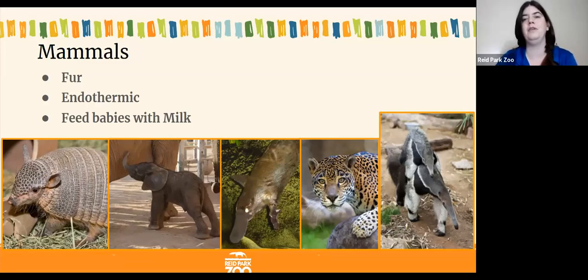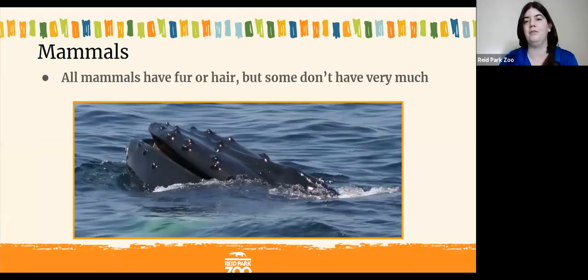And all mammals do have fur. There's a lot of mammals that we think of that don't have fur, like whales and dolphins. But even when dolphins are young, they'll have a little bit of hair. And this is the snout or rostrum of a humpback whale, and all these bumps are actually hair follicles. And if you look very, very closely at the rostrum of a whale, you can notice that humpback whales anyway actually have whiskers, which I think is really, really cool.